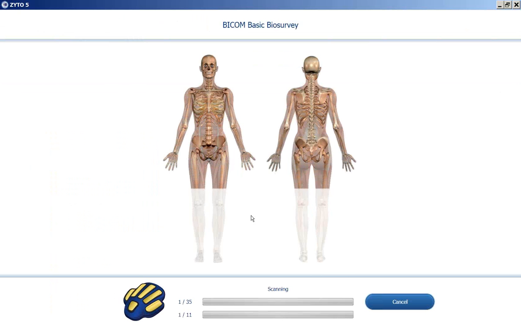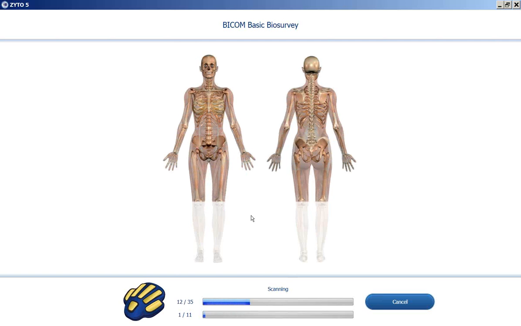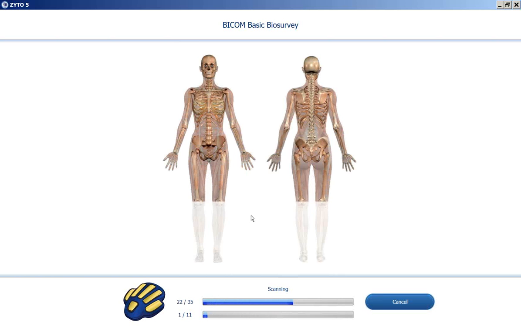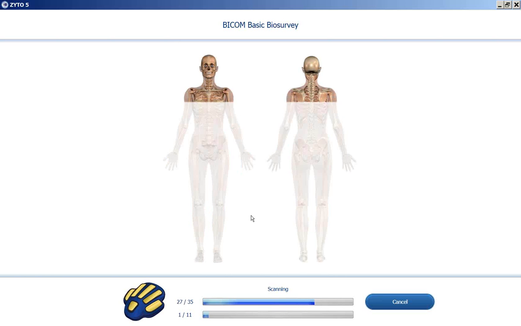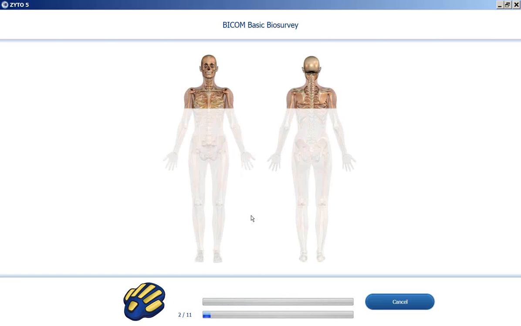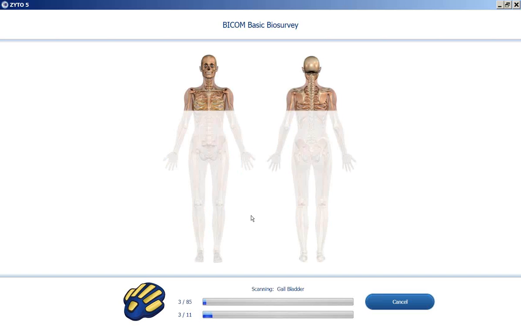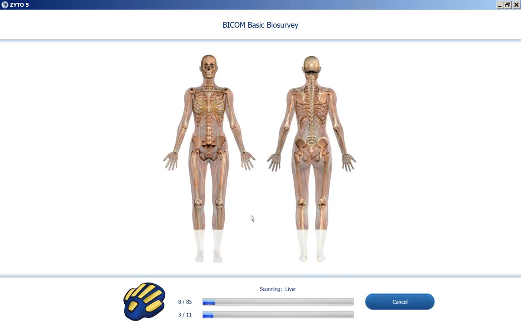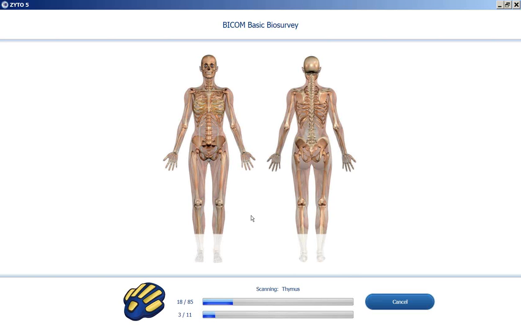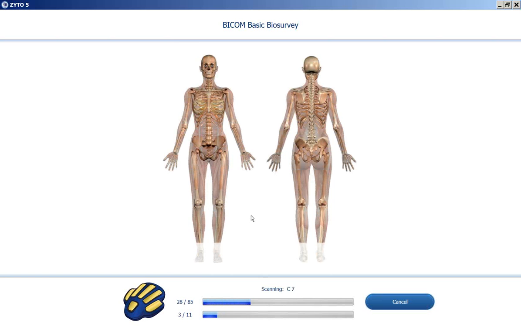So the first thing it does is it scans through what are called 35 neutral stressors, which means that it's getting information for a baseline. And the baseline is also called the range. So this range is determined for the individual based on what their baseline energy level is. And the system will use that information as a deciding point for what is causing stress versus what is not causing stress. At this point you can see it's running through organs, vertebral segments,